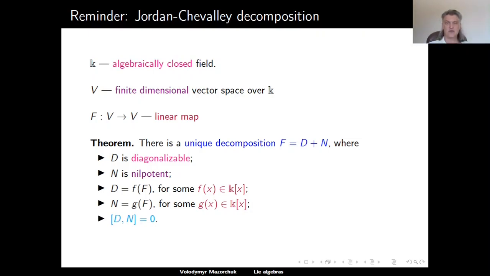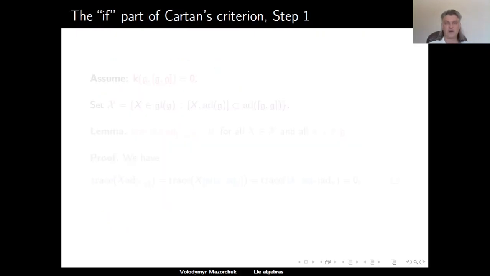So this decomposition holds for any linear operator on a finite dimensional vector space over an algebraically closed field. After this reminder, let us proceed with the proof of the if part of Cartan's criterion. So let us assume that the derived algebra of G is orthogonal to the whole algebra G with respect to